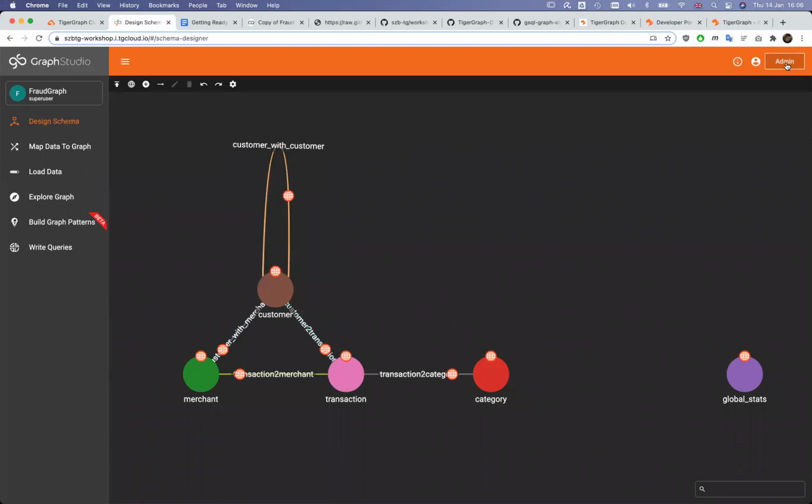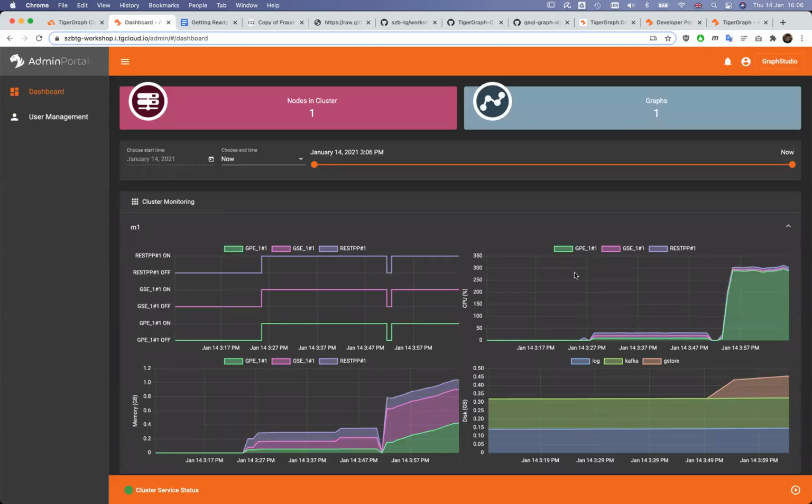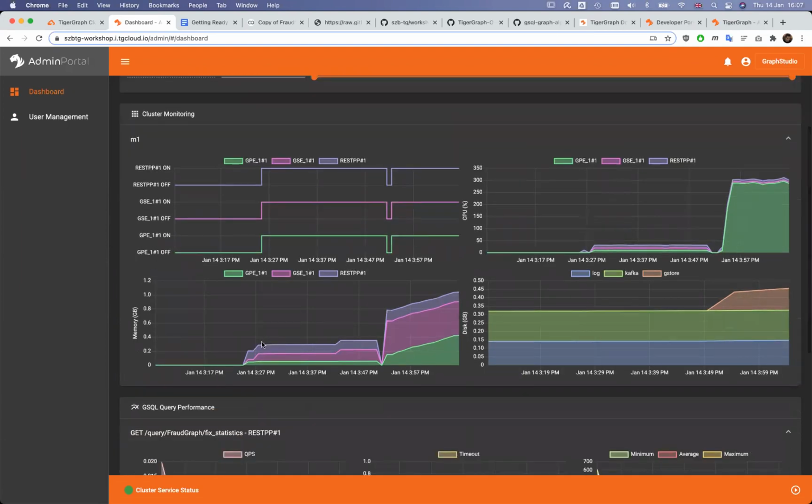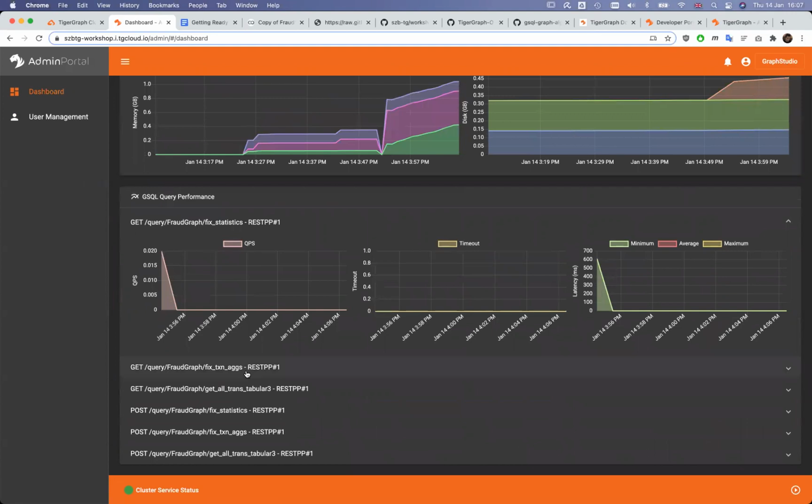If you click on the admin button in the upper right corner, you can see some statistics about the database, some monitoring information. So it shows the status of various components. It shows the CPU utilization. As you can see, this script is running and will be running for around 5 more minutes. This shows memory utilization, disk utilization, and you can have a look at individual queries.